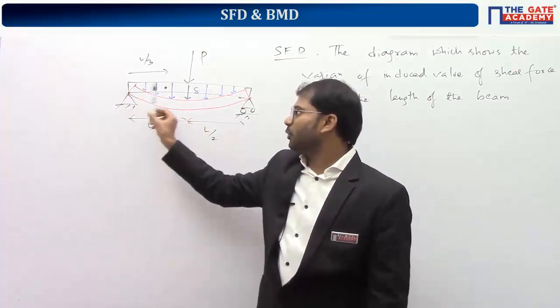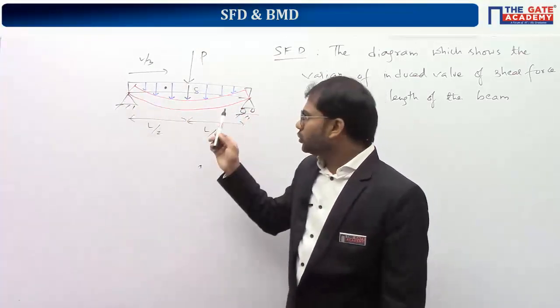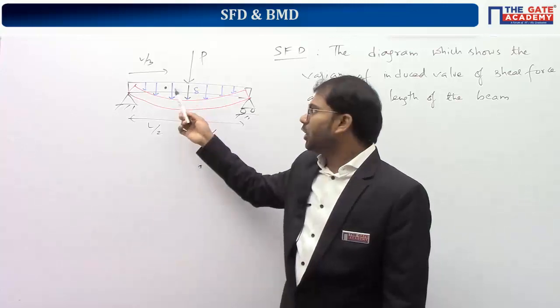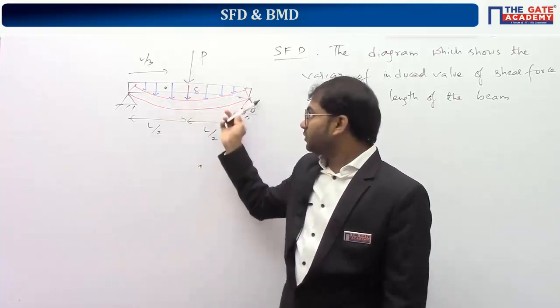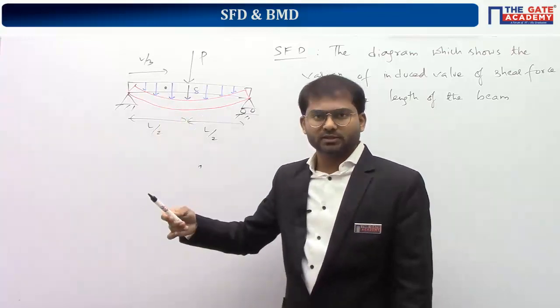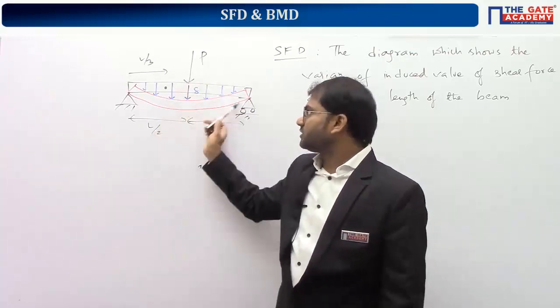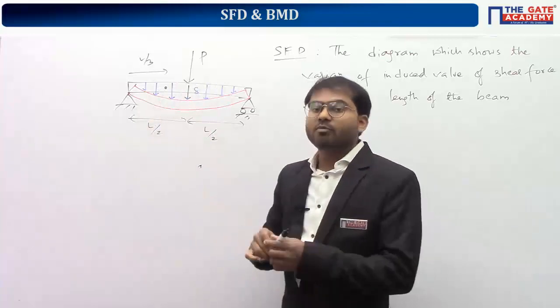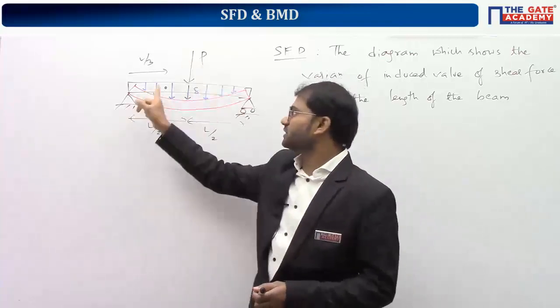The supportive forces are at the corners. So though they are not acting at the location, the effect of these three forces is there at this location. So the shear force diagram gives us the effect of these three forces at this location. I mean, how much force is coming up due to these three forces at this location.